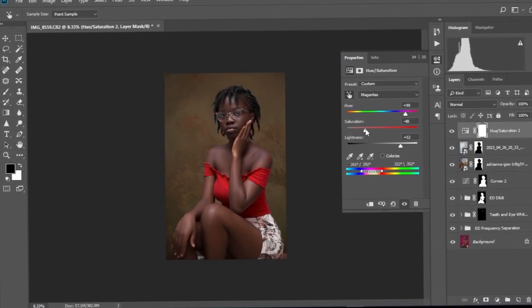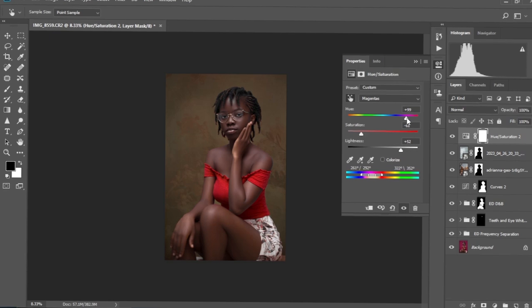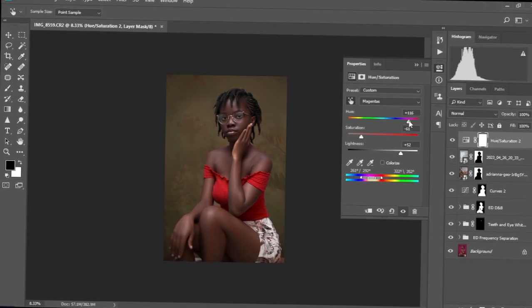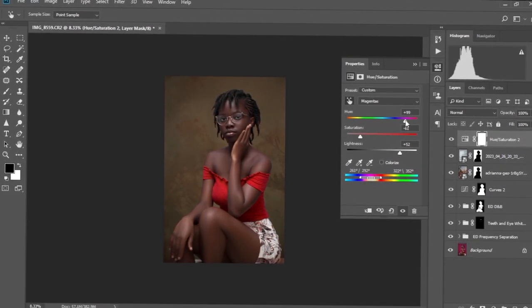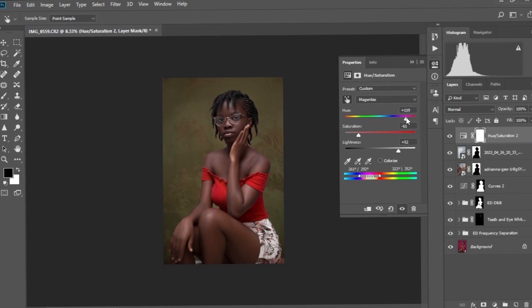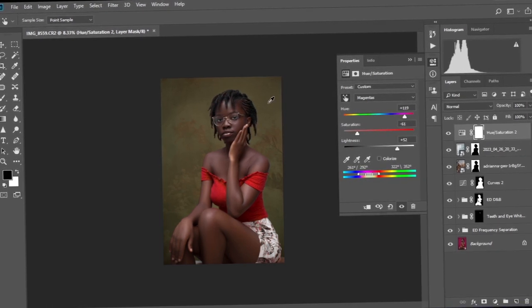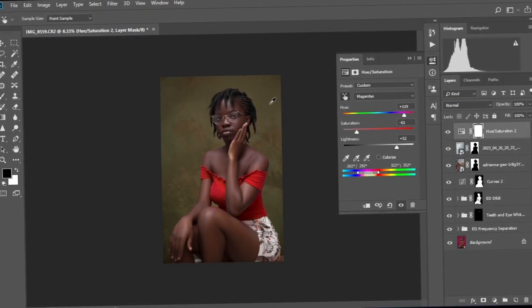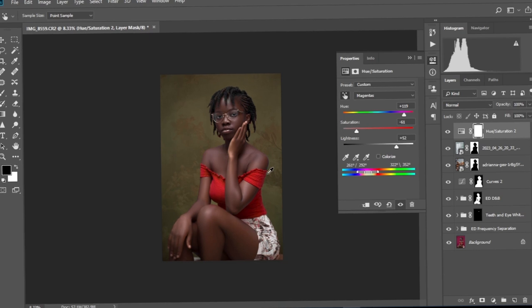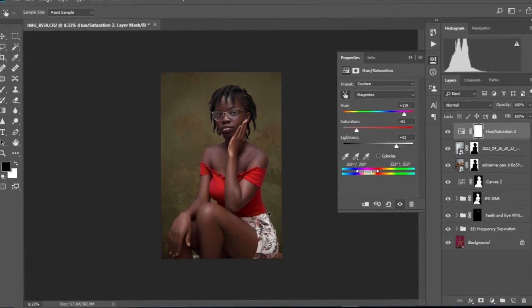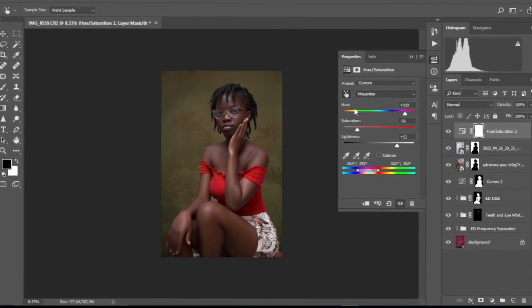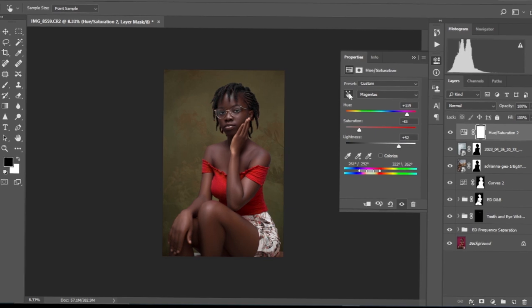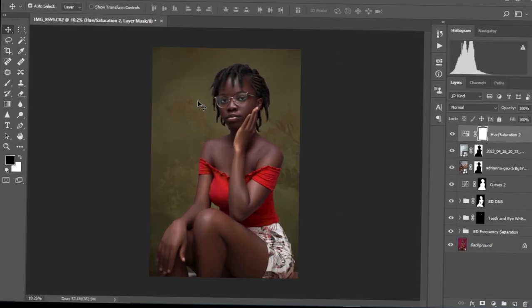I think this is looking nice. This is okay. I think I like this. I like this. Yeah, and the yellow is complementing. It's more of a brownish, kind of yellowish vibe, and it's complementing the red in her outfits. I think it's kind of cool. It's cool. So I'm just gonna leave it at that. Let's move to the next step,